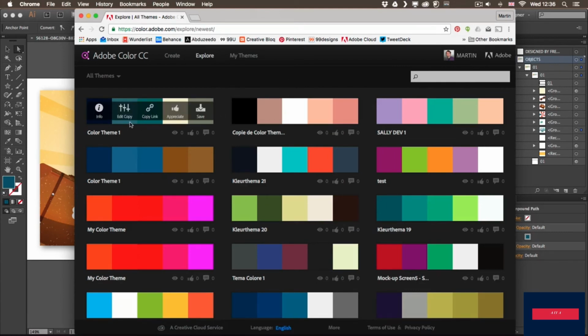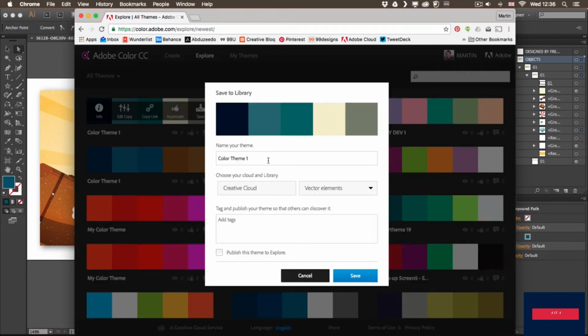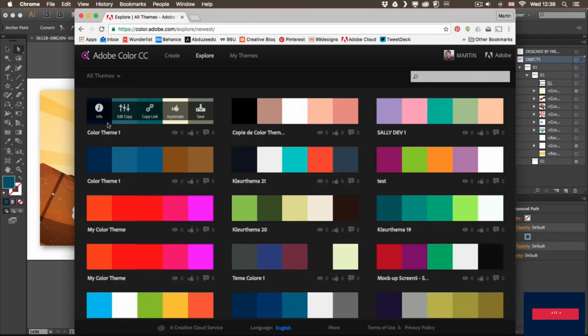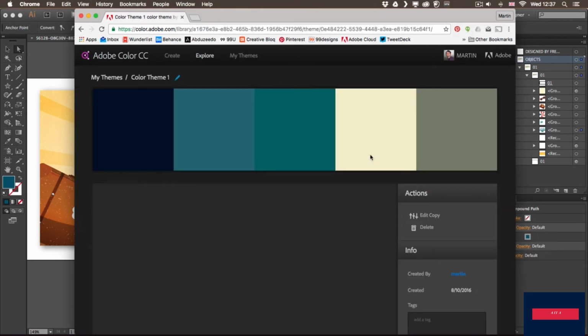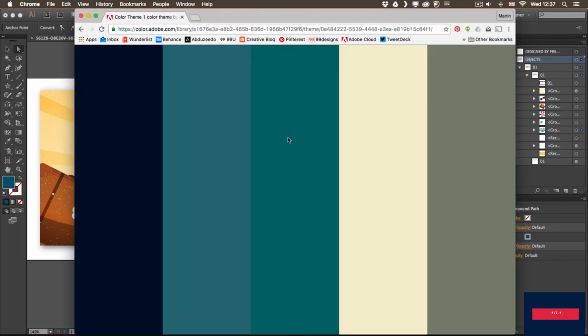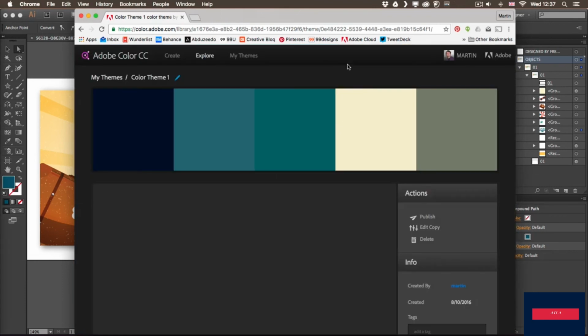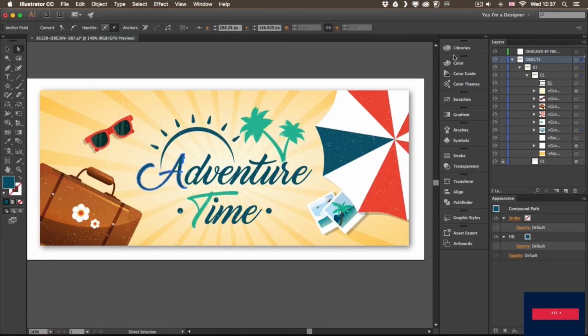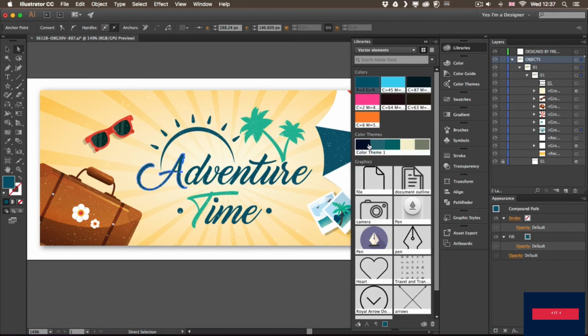Let's say I really like this one here, so I'm going to choose save. I will choose which library I want to save it into. We can save it into vector elements, and we can call it something else, but for now I'm just going to keep it as is. And once I click on save, we can also check it here in the website, so we can see exactly how this looks. But once I go back to Illustrator, within the libraries, I will see that color theme